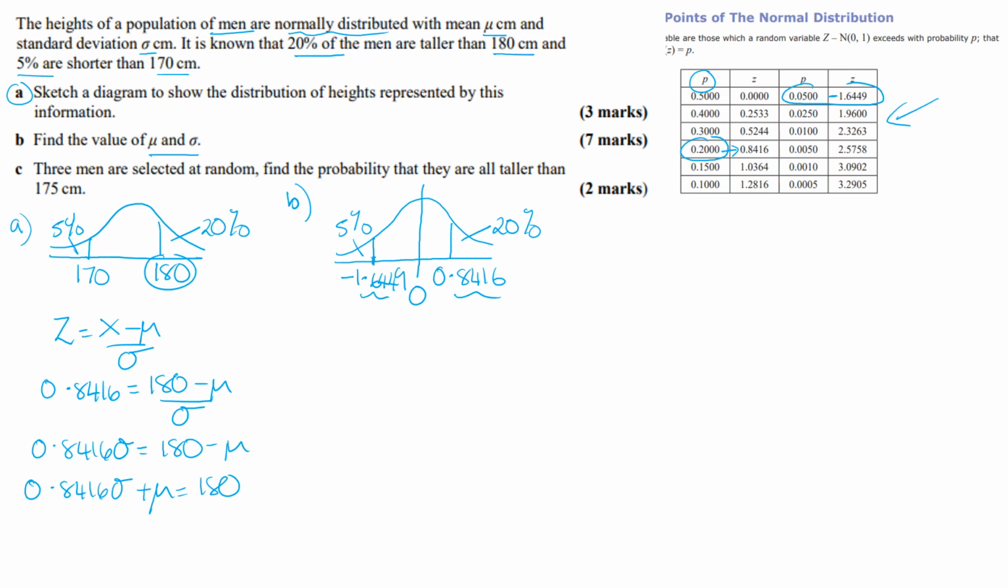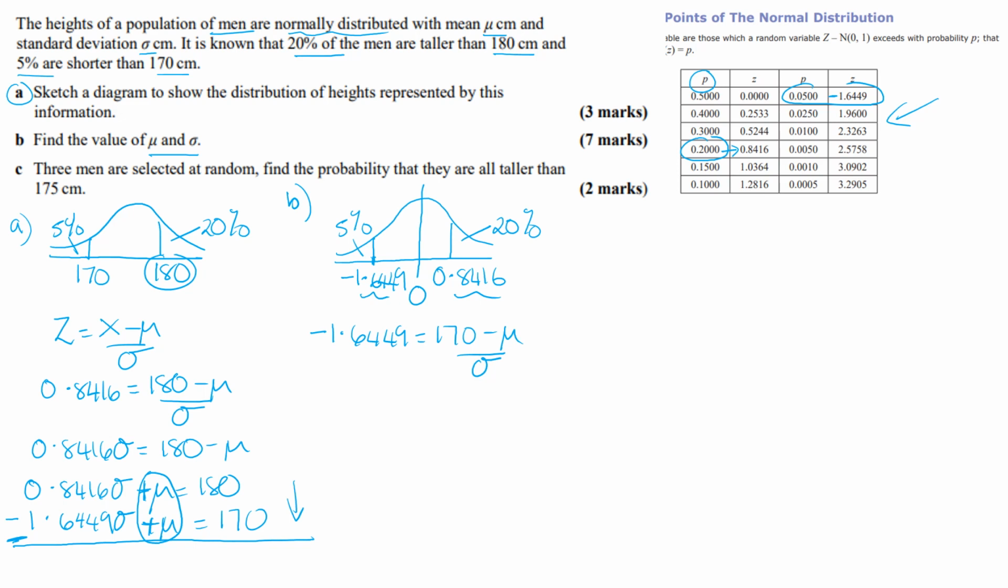Now if we do the same thing with the minus one, so minus 1.6449 is equal to 170 minus mu over sigma. Cross multiply again, and we can see that if I write them underneath each other, I'm going to get minus 1.6449 sigma plus mu is equal to 170. So what we're looking for when we're solving simultaneous equations is one of the variables to be the same and the signs are the same, so we're going to take away. So if we take away in this direction, you're going to get